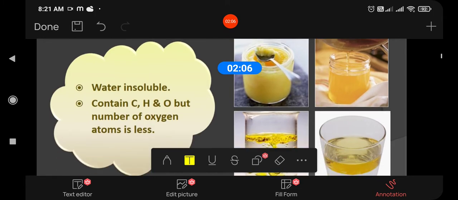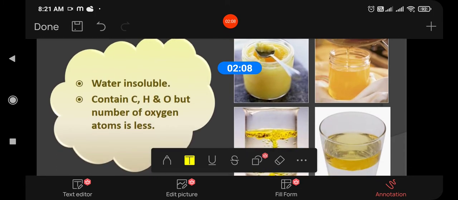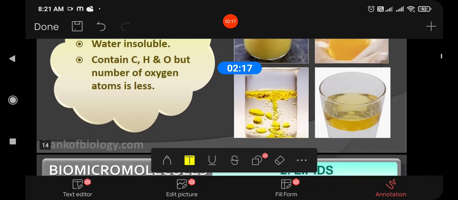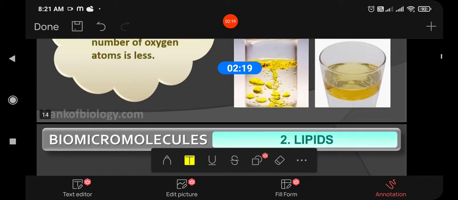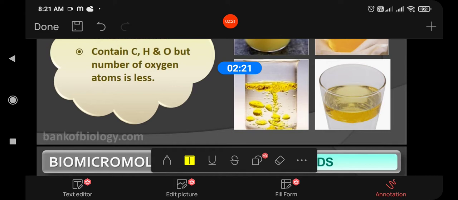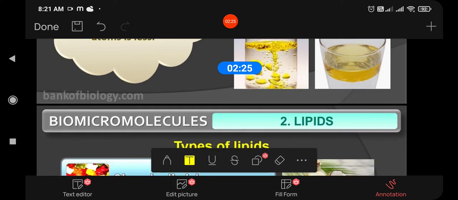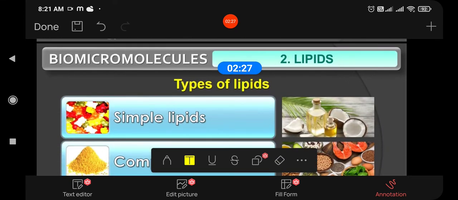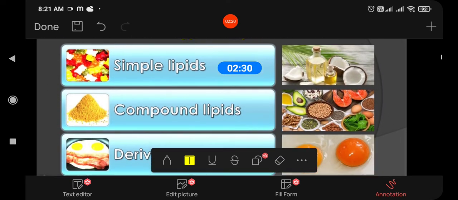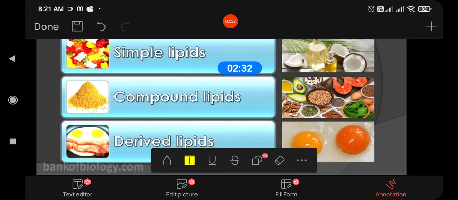Next, what are lipids? They are water insoluble. They contain carbon, hydrogen and oxygen like the carbohydrates, but their number of oxygen atoms is less than the amount of oxygen present in the carbohydrate. So they need more oxygen for their burning. So they produce more energy, means more calories are there,